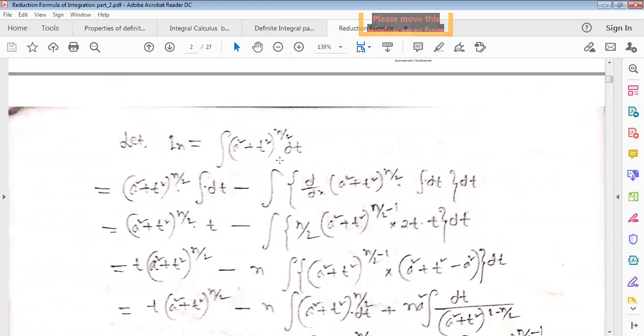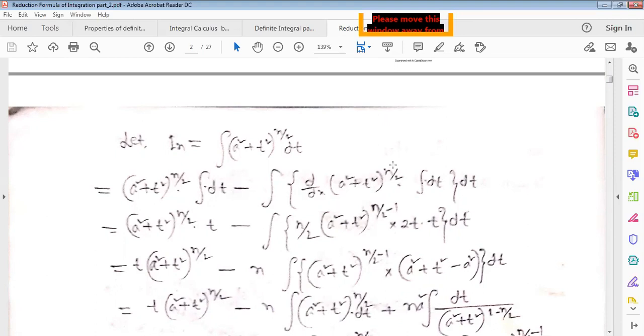This will be u, and one will be b. a square plus t square to the power n by 2 will be u, and one will be b. u into integration of b, minus integration of differentiation of u into integration of v, then again integration of them. Now a square plus t square to the power n by 2 into t, this is the one integration with respect to t,